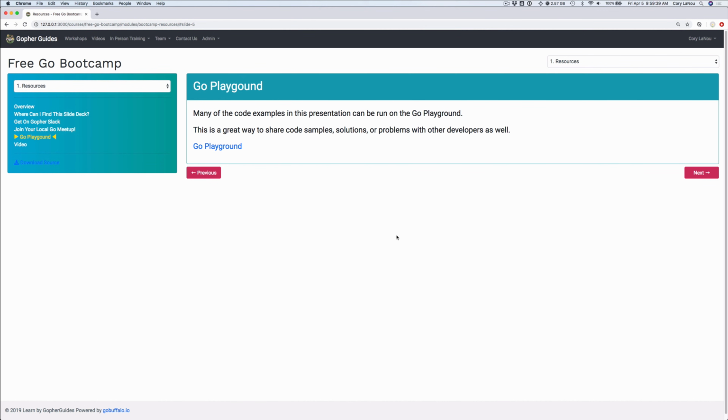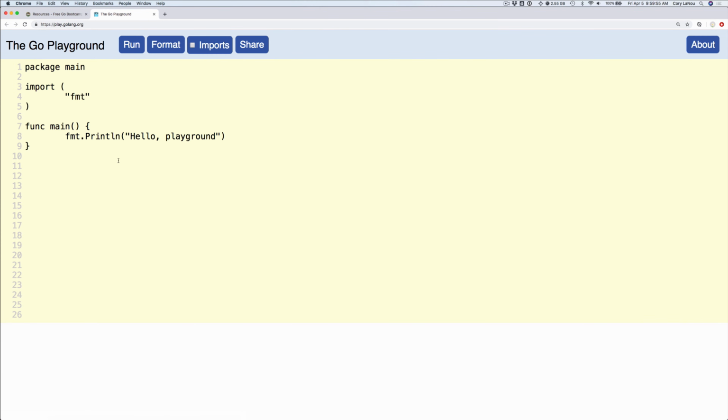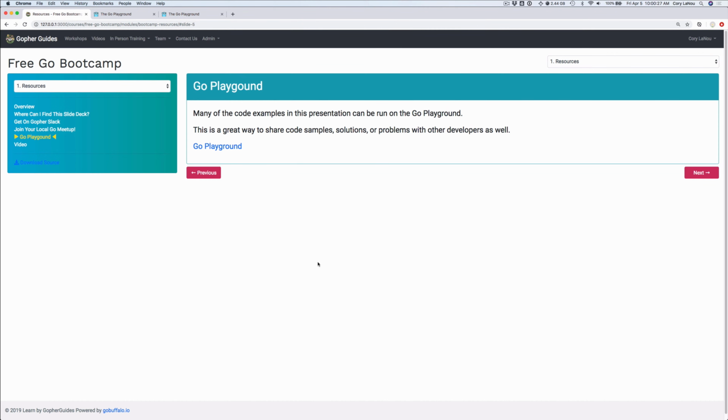Finally, the Go Playground is a place that we use to share a lot of code snippets. Many of the code examples in this presentation can be run on the Go Playground as well. If we take a look at that real quick, you'll see you can create code out here and you can run it. So this allows you to create and share snippets. What's really neat about this is, if I change this and say hello Gophers, and I run this, you can see it changes the code. Additionally, what's most important is you can hit the share button here, and then you can copy this link. If I copy this link and open another window with it, you'll see that it's the exact code that I just shared. So this allows you to share different thoughts. If you're having a bug or you need a different idea on how to do something, it's a great way to actually share code snippets in the community. So I highly recommend using that.